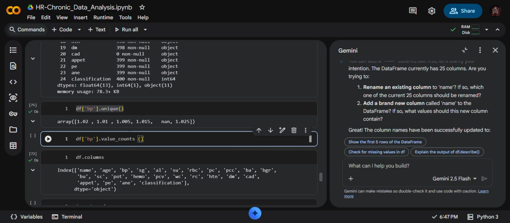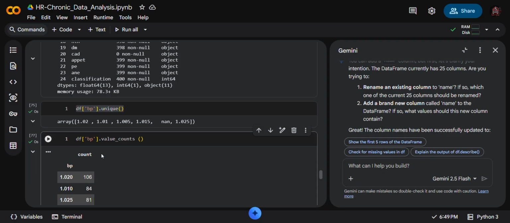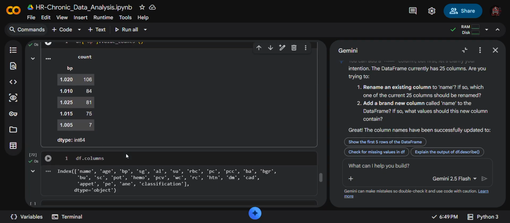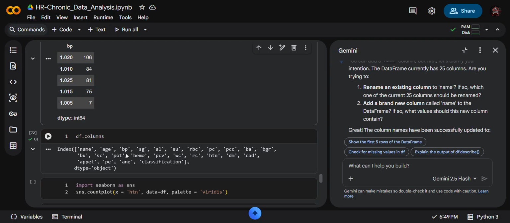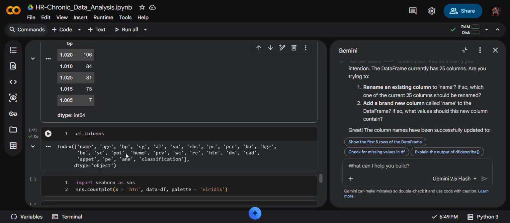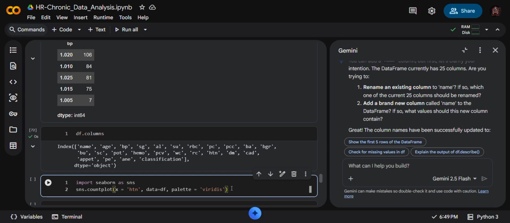For this value count, you can add your step for your revision, your practice, whatever you want. You can do this as a practice way. So this is a much better way to understand things you don't understand. SNS dot countplot.